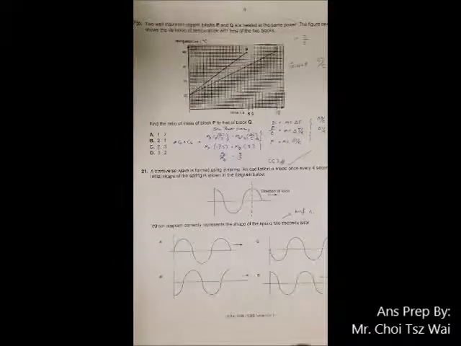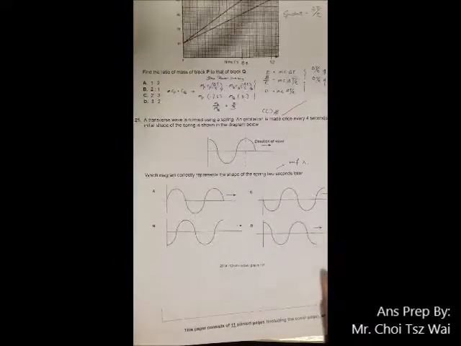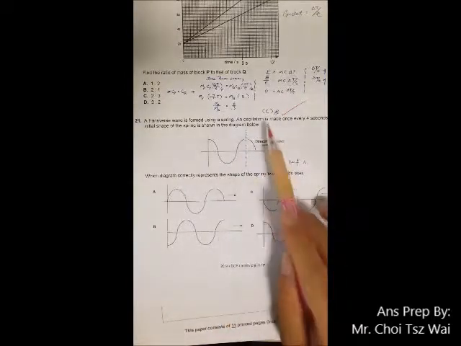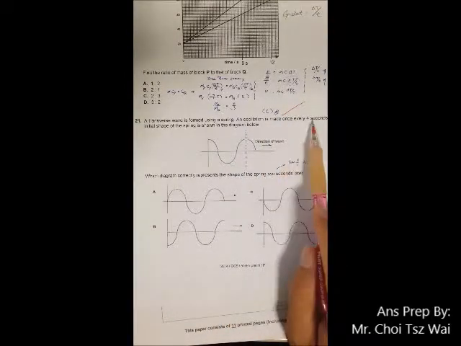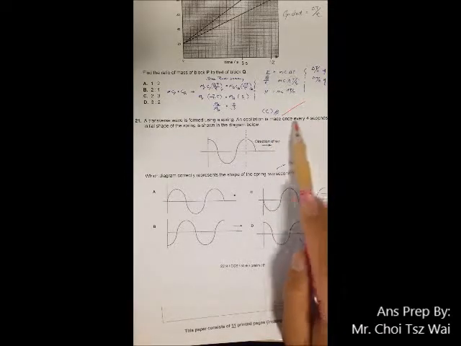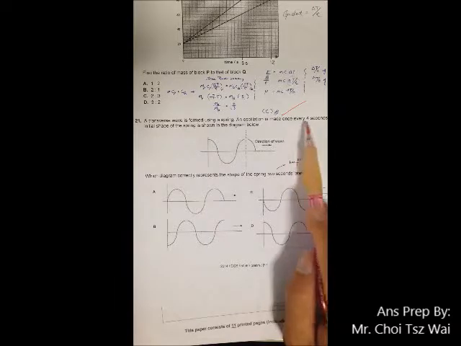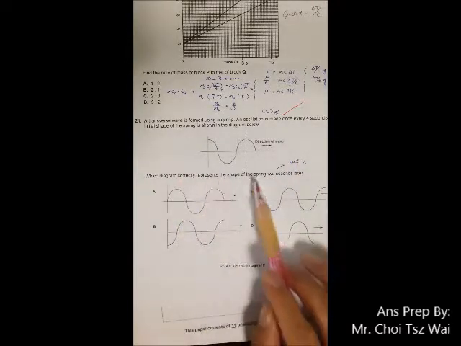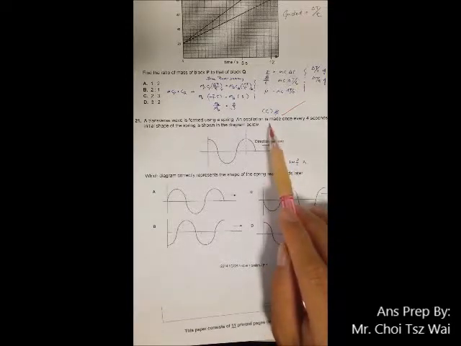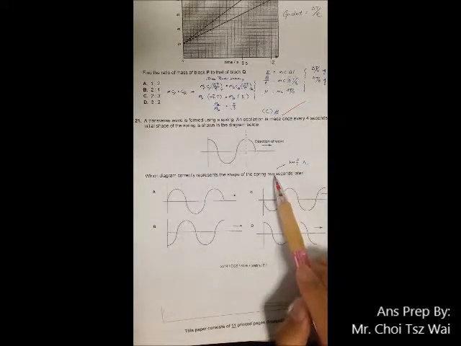Okay, question 21 is about waveform. Okay, so they tell you that an oscillation is made once every 4 seconds. Okay, so this would tell you the period of the wave. Then after that, they ask you to predict the shape of the spring 2 seconds later. So you know that one complete oscillation takes 4 seconds. So if you are only looking at 2 seconds later, it means that it must have moved half a wavelength,